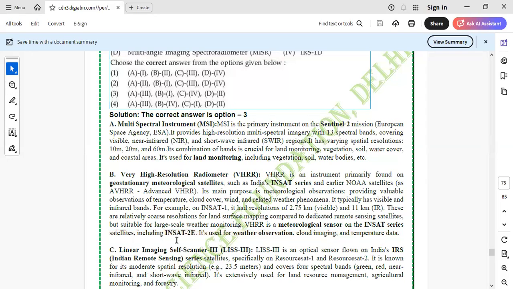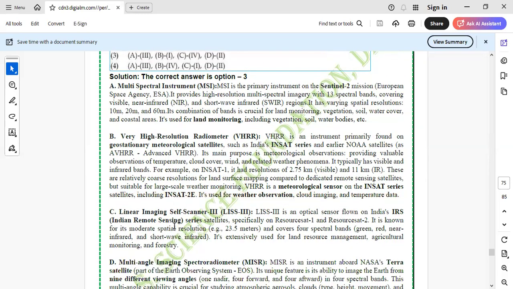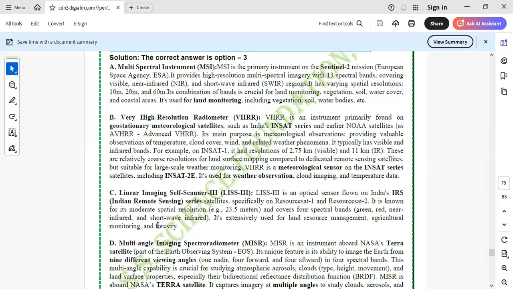देन ये तो मैंने आपको बता ही दिया है कि LISS जो सेंसर है वो इंडियन रिमोट सेंसिंग सैटेलाइट IRS 1D है ना, 1A 1B 1C 1D जो था, इसमें ये पढ़ाया भी है मैंने। जनरेशन जो है आपकी पहली बुकलेट में दी हुई है, जो 4 लेक्चर वाला है हमारा, उसमें दी हुई है। अली सर ने भी ये बताया होगा आपको, जो कि बैंड है और आपके रेजोल्यूशन है, तो इसको थोड़ा ध्यान से आपको देखना है। Linear Imaging Self Scanning LISS 3। तो LISS 3 is an optical sensor flown on Indian IRS, Indian Remote Sensing Satellite, specifically on ResourceSat 1 and ResourceSat 2, and it is also known for the moderate spatial resolution। 23.5 मीटर इसका रेजोल्यूशन होता है।